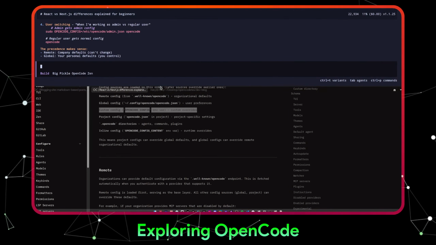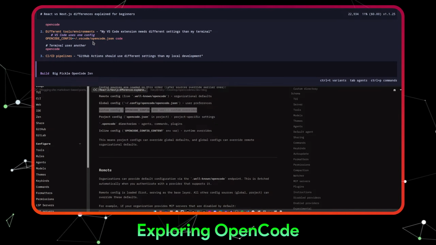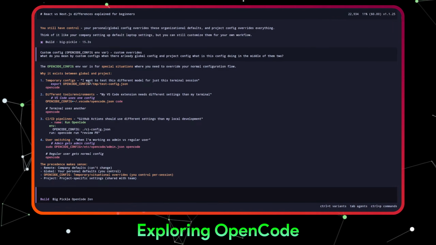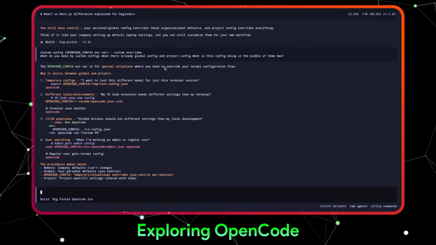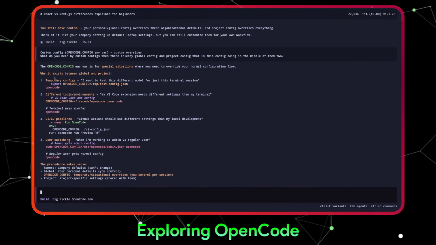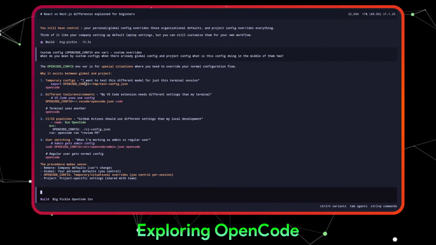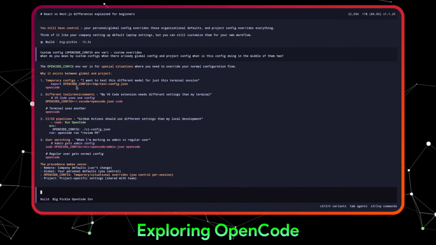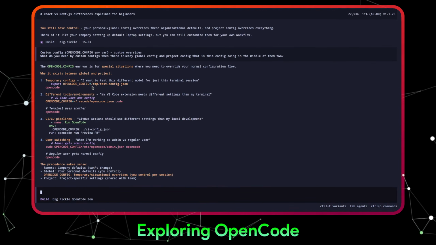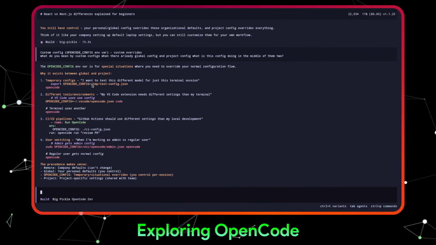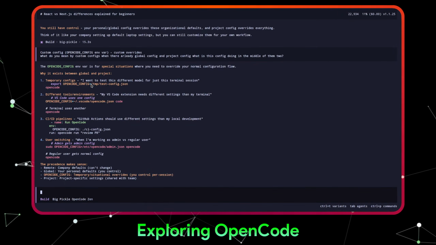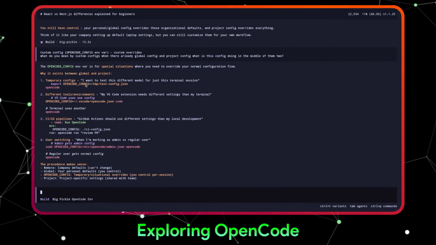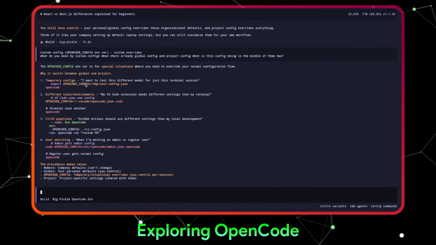Okay, let's read it. Let's make it big. The OPENCODE_CONFIG env var is a special situation where you need to provide your own file, outside the normal configuration flow. It exists between global and project as a temporary config. I want to test a different model for just this terminal session. Export OPENCODE_CONFIG equals to... oh, okay. So basically, just for running that session, you can export it as a temporary